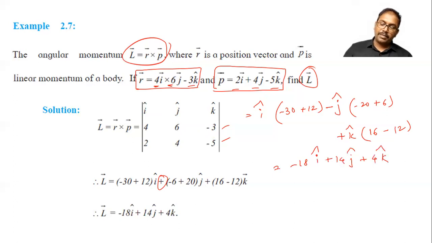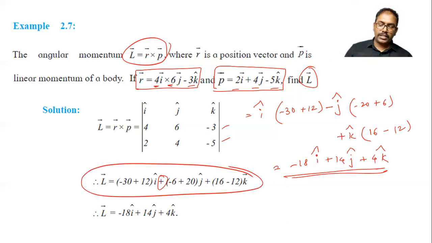So you will get the same answer here by this method also. Only the thing is here they use plus sign, I use minus sign to this j cap. So whatever your mathematics teacher explains on how to solve this determinant, in that way also you can solve, you will get the same answer. So this is angular momentum.